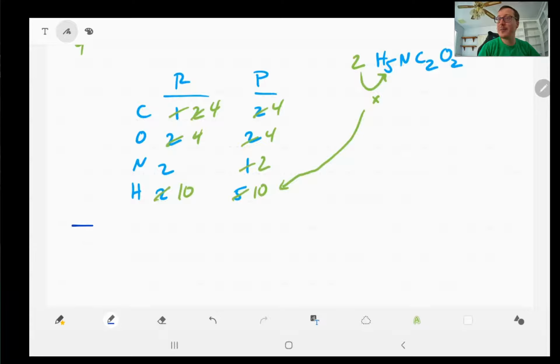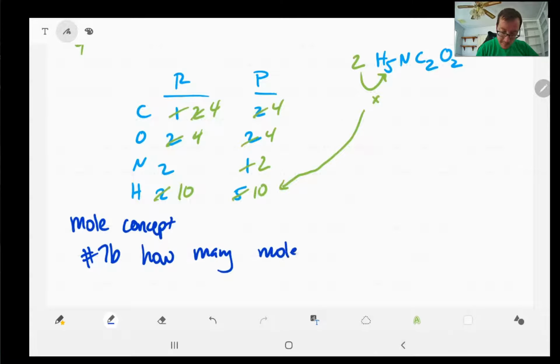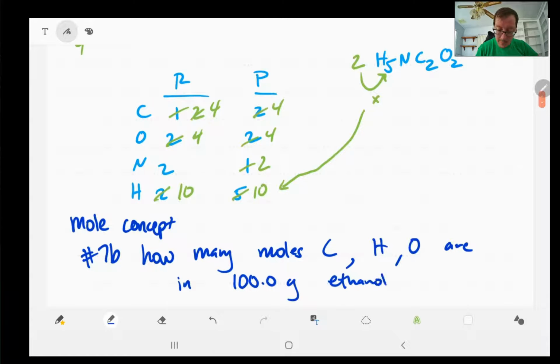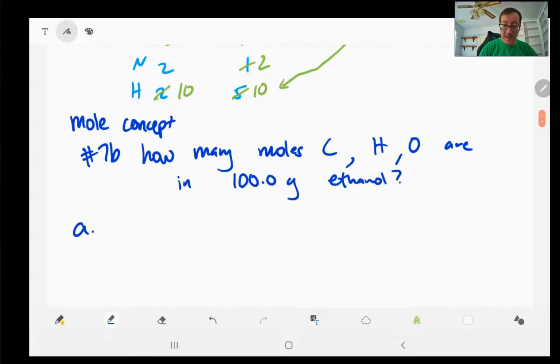Okay, so which homework was this? The mole concept, I guess? Oh, we're doing 7B. Cool. Okay, so this is how many moles of carbon, hydrogen, and oxygen are in 100 grams of ethanol? Well, to answer this, we probably want the answer to part A, so I guess we are going to do that anyway. So, for part A, it asks us how many moles of ethanol are in that